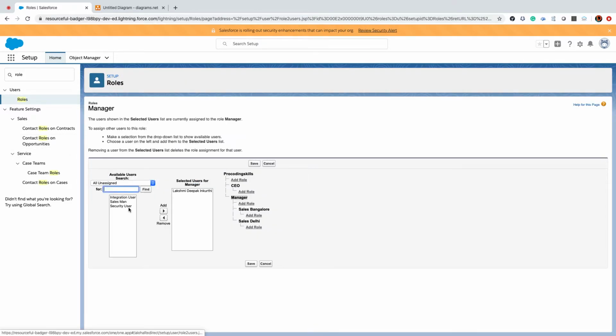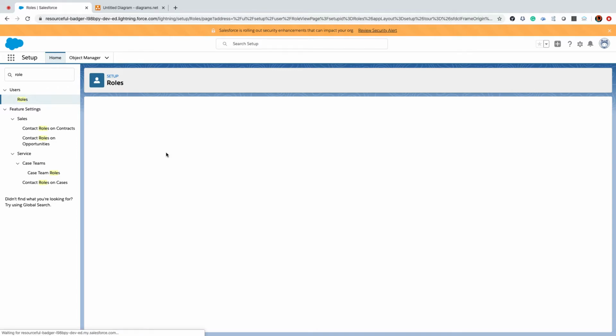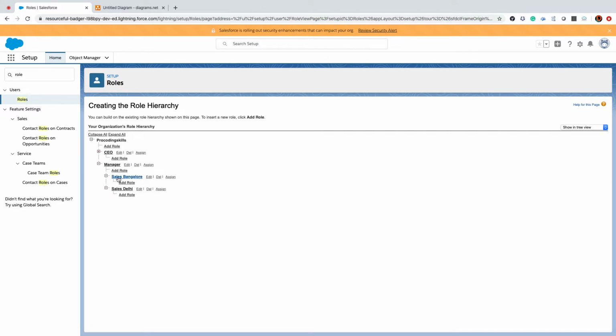So in the role sales manager, we have two roles. One is Lakshmi Deepak and another is salesman. Sales Bangalore is related to Sunil and sales Delhi is related to Nikhil, right?